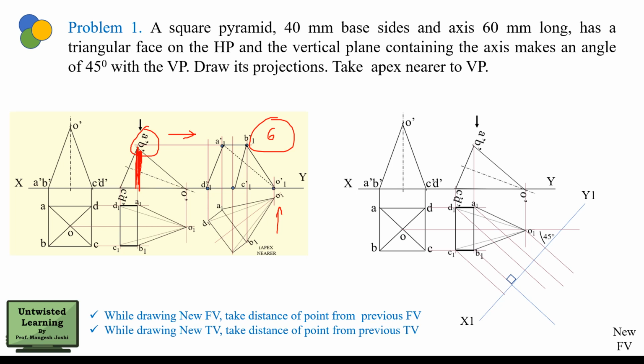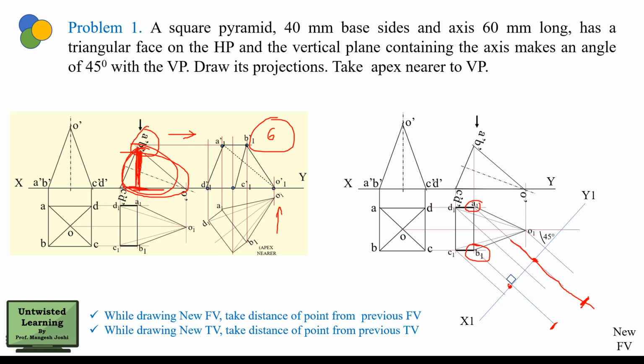Okay, and you will just see where the a dash and b dash projections are. So you can see this is the projection of a dash. Okay, right, and taking this much distance in compass, you will keep it on xy. As you are taking the distance from the xy line to a dash and b dash, you will take this much distance in compass, keep it on the projection of a, and then cut here on this projection. Similarly, the same distance on the projection of b, you will cut here.